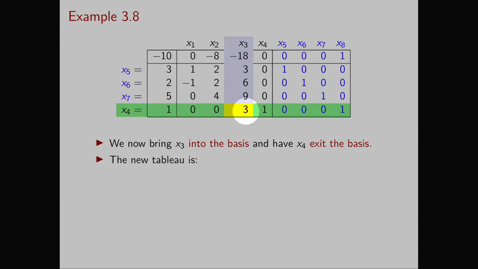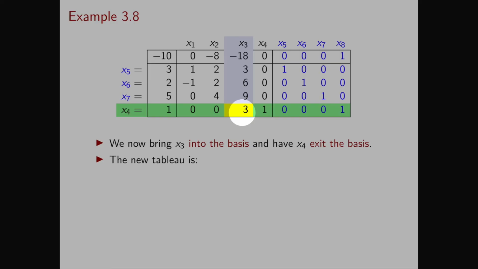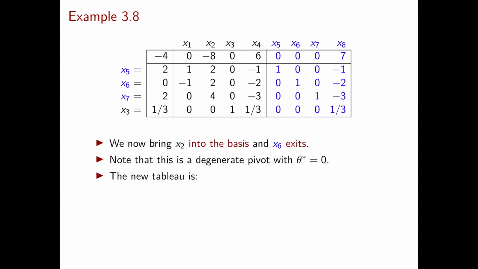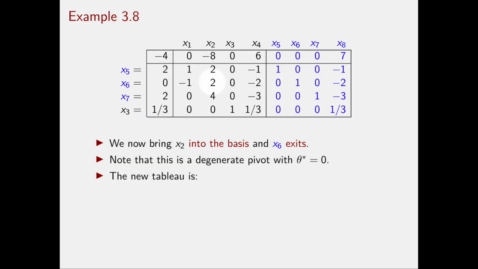So my pivot element is 3, and now I need to perform all the elementary row operations to transform the 3 into a 1 and everything else on the pivot column to 0. If you perform these elementary row operations, you obtain this next tableau. The cost is now only 4, but I still have one negative reduced cost, which is minus 8. The positive entries in the pivot column are 2, 2, 4, and the corresponding ratios are 1, 0, and 1/2. Therefore, I will have x6 enter the basis and take the place of x2. Note that theta star was equal to 0, so this will be a degenerate pivot.